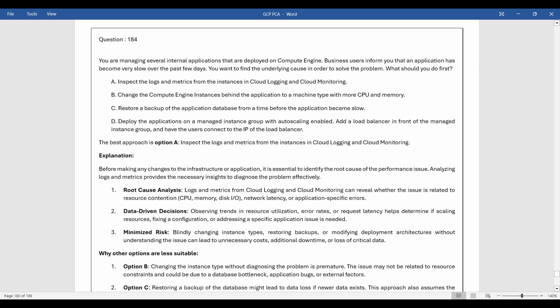A. Inspect the logs and metrics from the instances in Cloud Logging and Cloud Monitoring. B. Change the Compute Engine instances behind the application to a machine type with more CPU and memory. C. Restore a backup of the application database from a time before the application became slow. D. Deploy the applications on a managed instance group with autoscaling enabled. Add a load balancer in front of the managed instance group, and have the users connect to the IP of